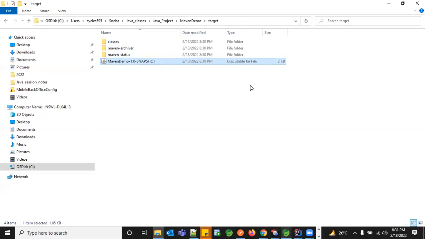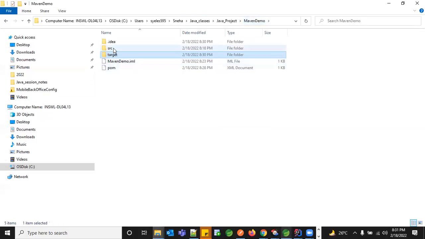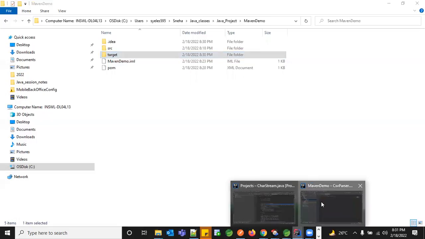You don't need to maintain the entire Java package as source code .java files in your other projects, which might reduce your dependencies, because when this is compiled, your package size would be much less. If it is normal Java code, the size of that package would be a little higher than the executable ones. That is the reason it always comes under the target folder, and we always execute this jar file alone.